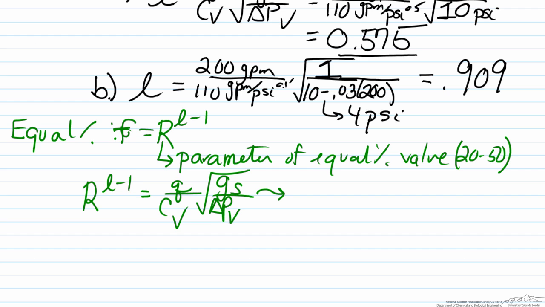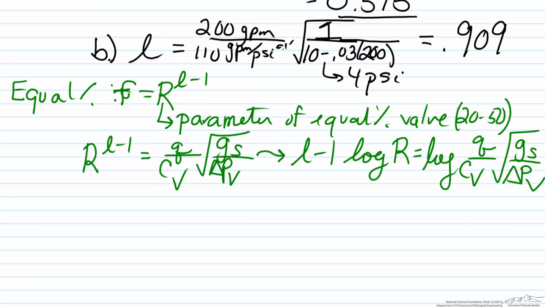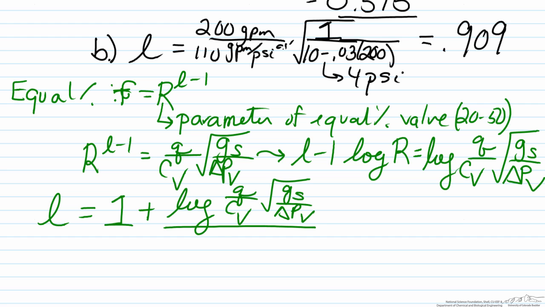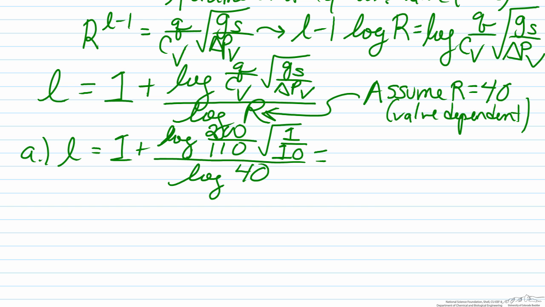What we then do is take either the natural log or the log of both sides. Here, taking the advantage of the rules of logs, we can write this as L minus 1 log of R equals the log of Q over CV times the square root of GS over delta PV. After doing some relatively basic algebra, we can solve for L as L equals 1 plus the log term we just had on the right divided by the log of R. For this analysis, we'll assume that R is 40. So for part A, when the pressure drop is 10, we'll have an answer of